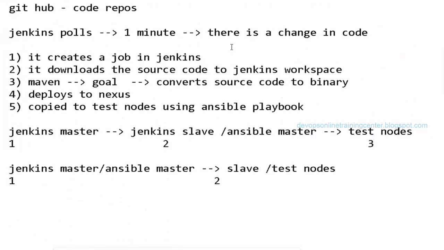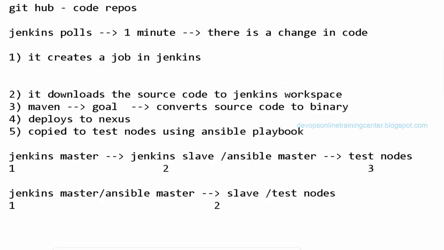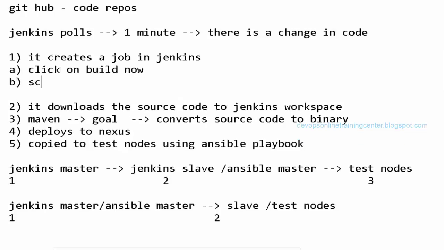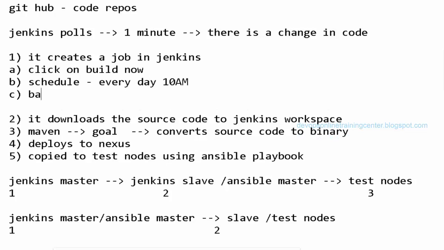Okay, so this is the flow. It creates a job either based on demand, or we can create it manually by clicking on build now, or we can schedule something like every day at 5 o'clock, or based on a poll mechanism. So there are three ways: one is click on build now, or schedule something like every day 10 a.m., or based on the check-in polling.